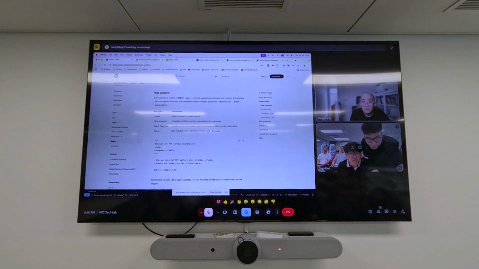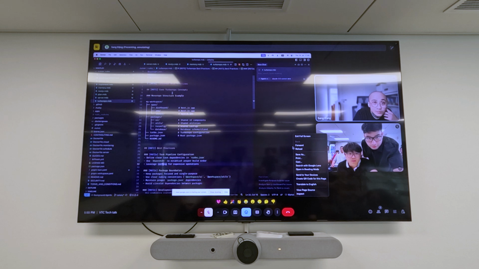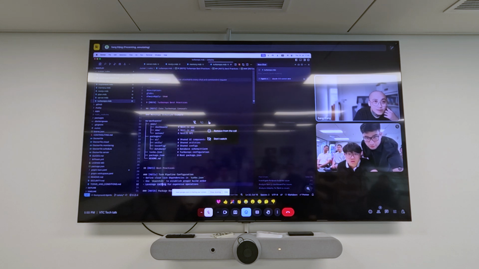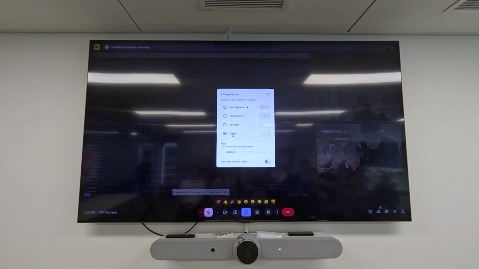I will show it inside Cursor, so it's easier for people to follow. I think this is the thing I'm talking about. When we create a rule, Cursor allows us to change how the rules apply.